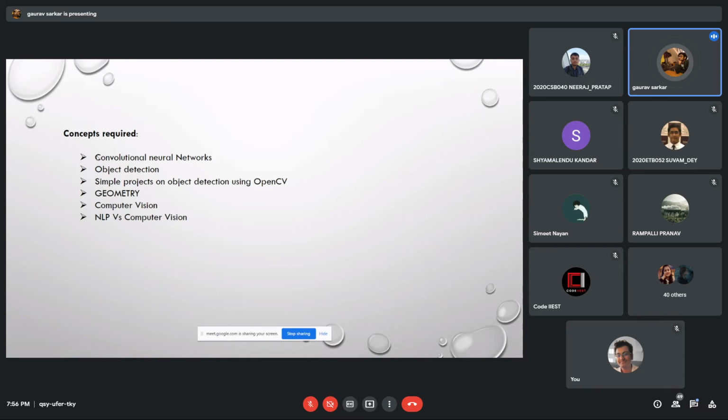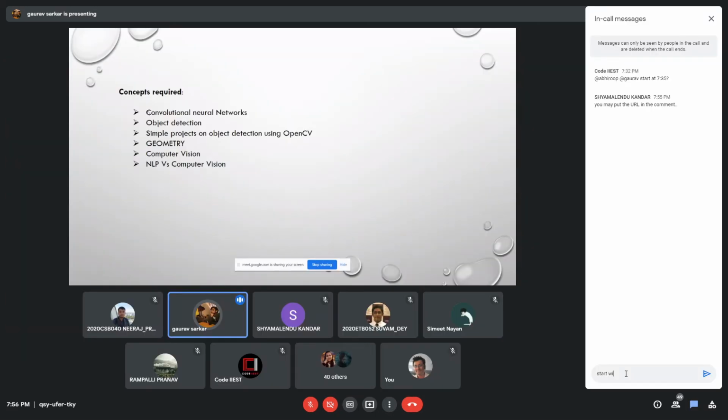Okay. Next is object detection, like that. Then followed by that, you have to make a simple project using OpenCV. In my journey in machine learning, I was learning a lot of theory, and at that point of time, I had no prior experience using frameworks like PyTorch and TensorFlow. You must have heard names like that. I had no prior experience with that. I just completed a course, and I just wanted to do a hands-on project. So what I did was open OpenCV and search for a few basic projects.